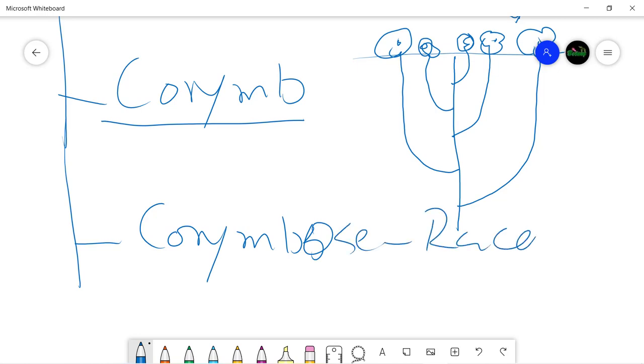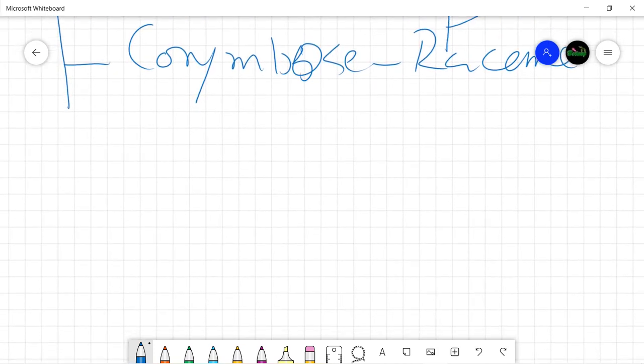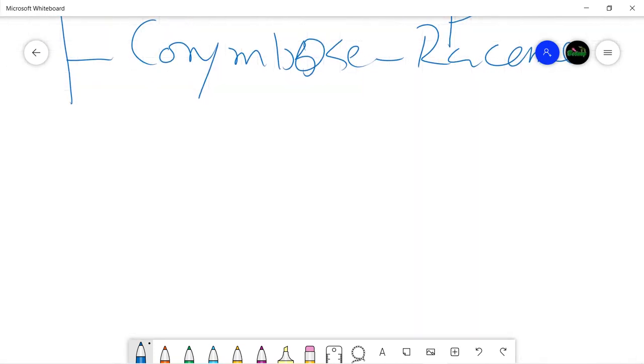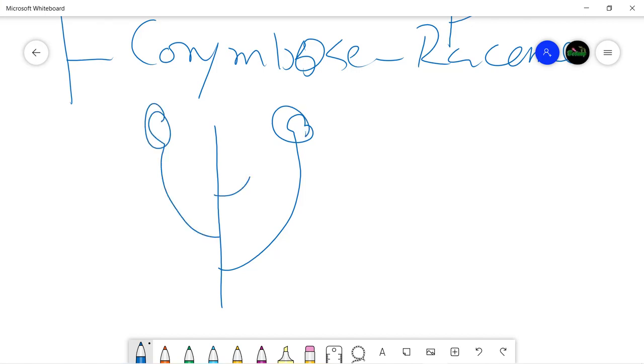And the other variety, which is a mixture of the two, is known as corymbose raceme. In corymbose raceme, the inflorescence is corymb in the beginning. So let's draw it once more. These are older flowers and these are the younger ones. Now the floral axis or the peduncle of the inflorescence elongates, so the flowers do not lie at the same plane. So what does it mean? Corymbose raceme is